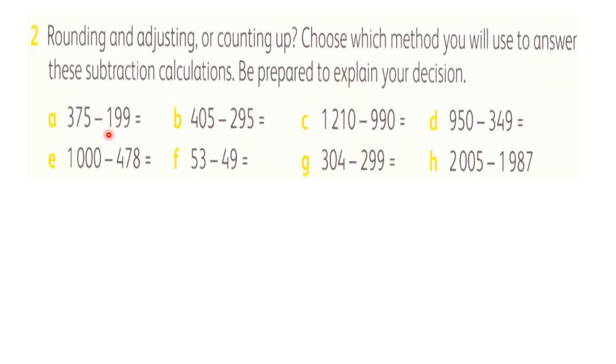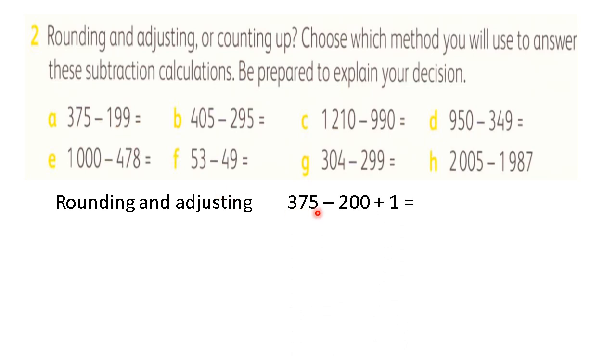375 minus 199. So here, what will you do? Will you round and adjust, which means that we will round 199 to 200, and we'll get 375 minus 200 and then plus 1. So we've rounded 199 to 200, and then the adjustment that we've made is plus 1 because we have subtracted 1 more. And that will give us, of course, 176. 375 minus 200 is 175 plus 1,